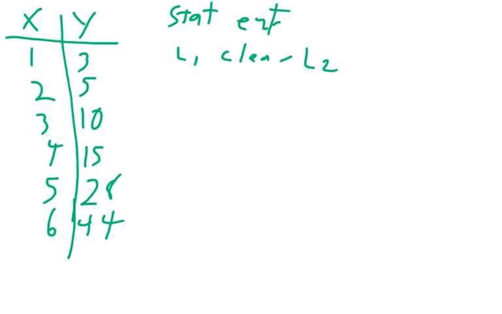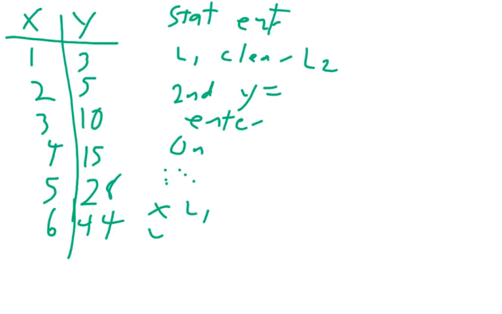Alright, once you have all of that in there, if you hit the second button and then Y equals, you hit enter, and that should be at your first scatter plot. Now you want it to be on. You want the first one to be the one with all the dots, and then you want your X list to be L1 and you want your Y list to be L2, and it doesn't matter what your marks are, so that when you hit zoom 9 you will see a curve